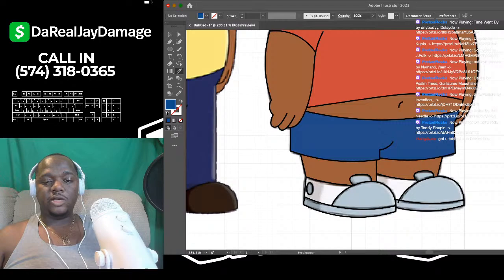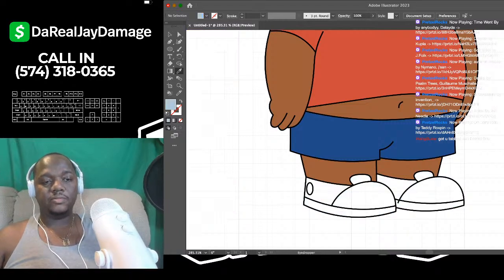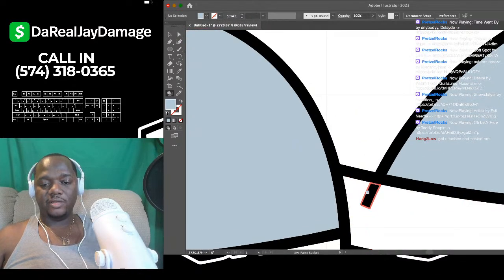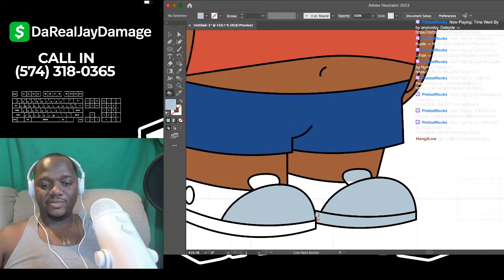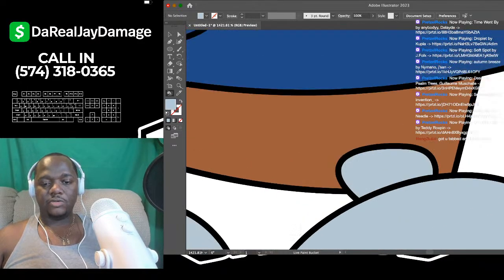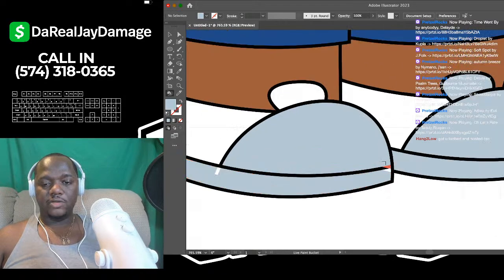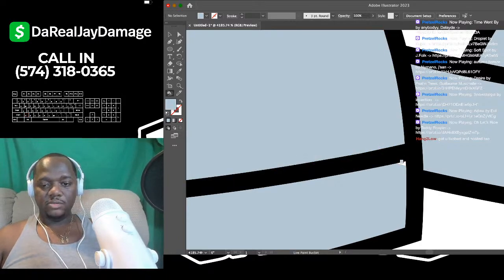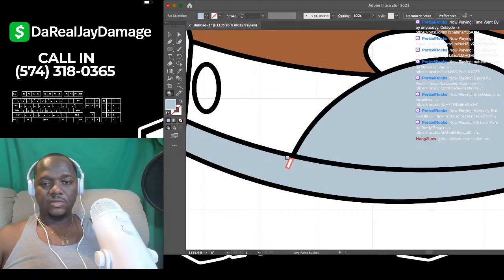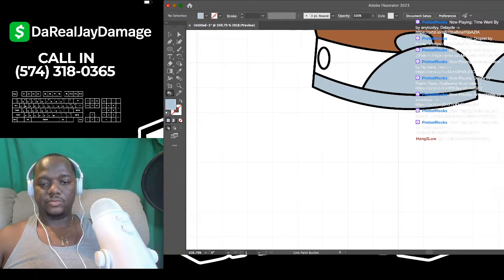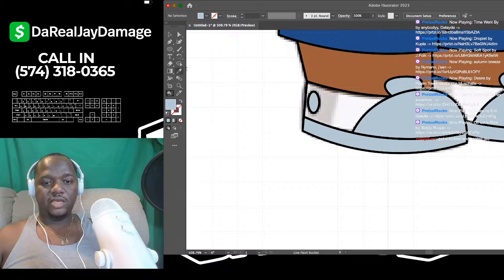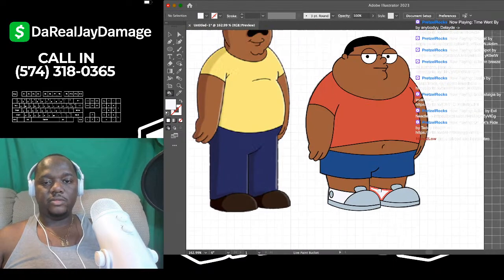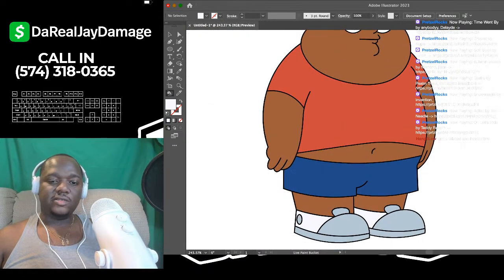Paint that in. Boom. Let's do the same thing for the shoes. And his shoes got multiple colors, so we're going to do the same thing all around. Boom, boom, boom, boom. Look, I missed another one. I'm missing these lines. See, y'all didn't even tell me. Boom. And all we're doing is getting all of that excess, making sure no white part is showing. Now, as you can see here, his shoes are white. That gray in the back, that's for the shadow. And that is literally it.